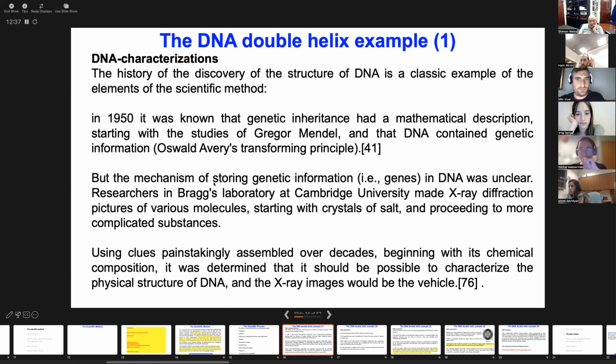So basically, in the early 50s, they already understood that in order to decipher the structure of DNA, the best method would be crystallography. And one needs to purify DNA and somehow crystallize it into a crystal structure that can diffract. And if you can get diffraction from DNA, you could solve the structure. So all of that was known.